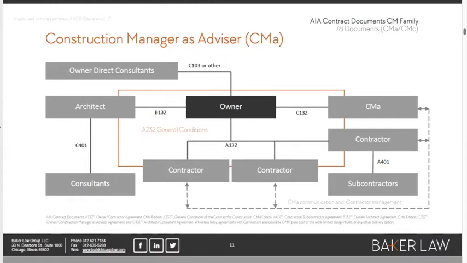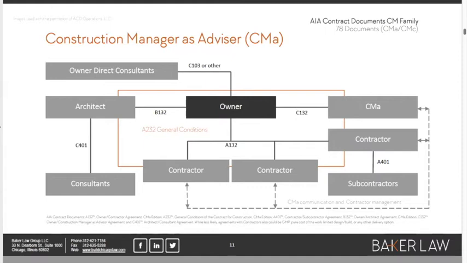If you look to the right of the owner, below the owner, you can see that the owner's hired multiple prime contractors. You can see contractor 1, contractor 2, contractor 3. And because the owner has a contract with the architect on one hand and is directly in contract with the constructors, a general conditions document applies. There's a little twist here though, because if you look at the box in the back, it's not the A201 general conditions, it's the A232 general conditions, which we're not going to ever talk about again in this